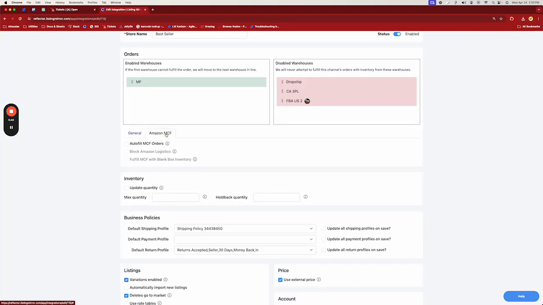What a lot of people do is they want to use their FBA inventory on other marketplaces. That is a primary function of our platform. So in this tab, you'll have 3 settings here. Autofill MCF orders. That means if someone places an order on a non-Amazon marketplace for an FBA item, we'll automatically send that item to Amazon for fulfillment. Now, if this is disabled, we'll still send it to Amazon, but you'll need to manually approve the